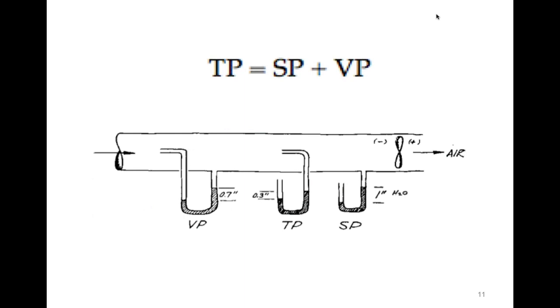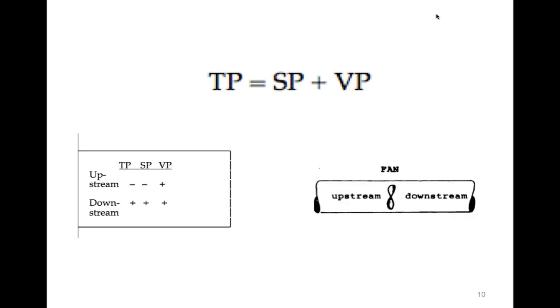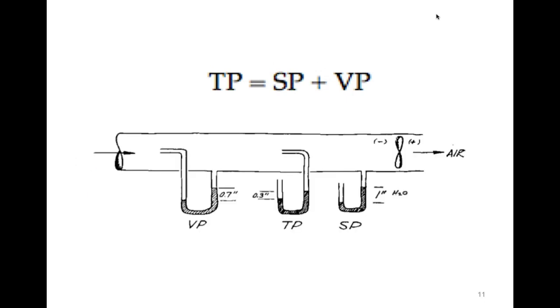And we need an easy way to measure them. So the easy way that we use, instead of using PSI or some other metric measurement, is we say, well, how much is that difference in pressure? How can I relate that to the weight of a column of water? So you guys have seen these columns. Unfortunately, I didn't bring my graphics tablet with me, so I can't draw. So I'm going to have to hope that we have something here that's going to illustrate that for you.